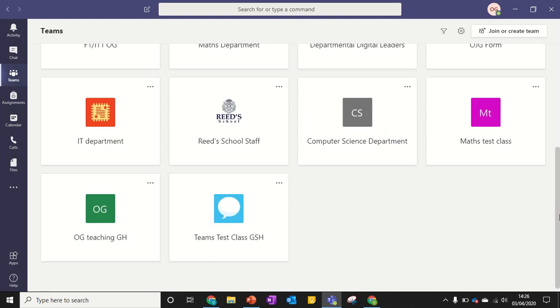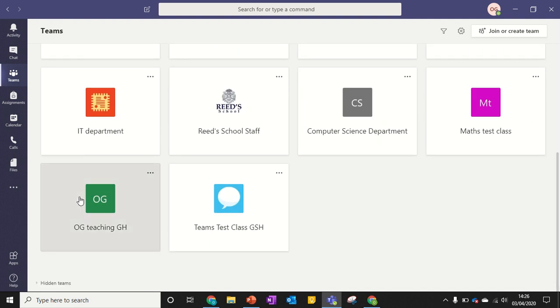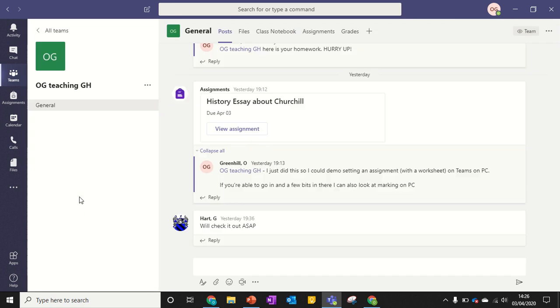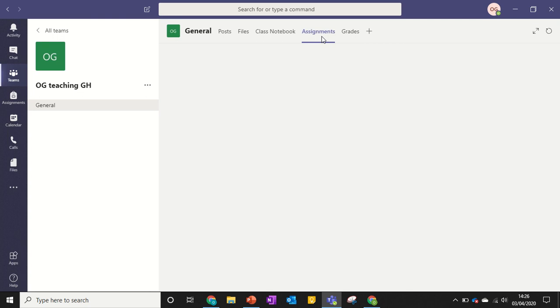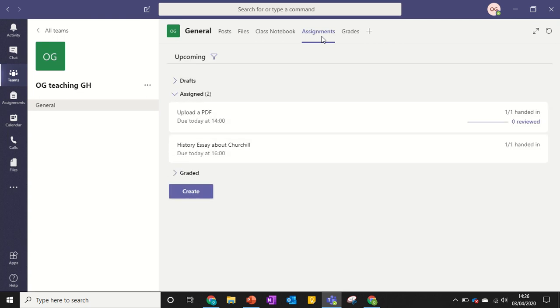So we find the class we've set the work for, and then we go to assignments at the top here. You may be able to find it in the list here, but it will always be in assignments. So we go to assignments and we'll see the ones which have been completed, and we see how many we've got handed in. So in this case, I want to mark the history essay about Churchill,